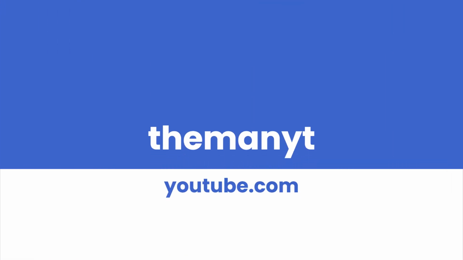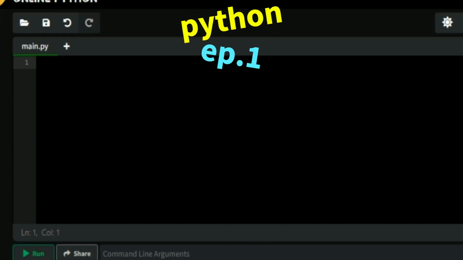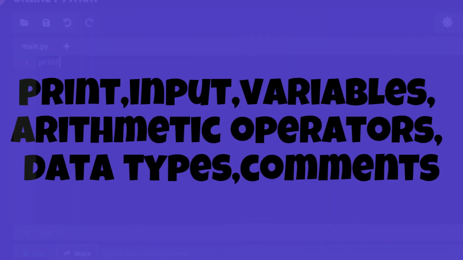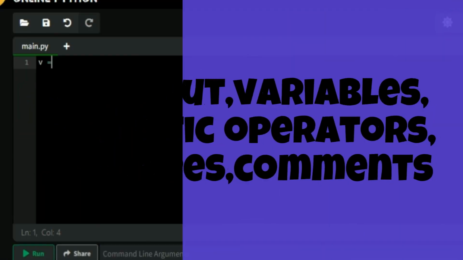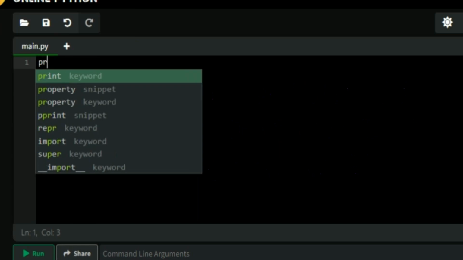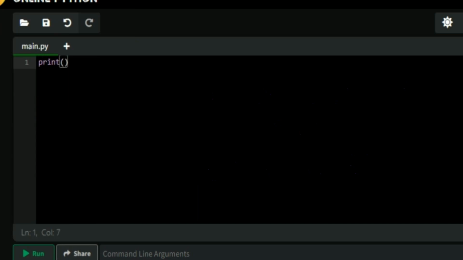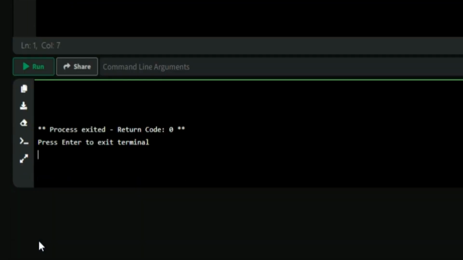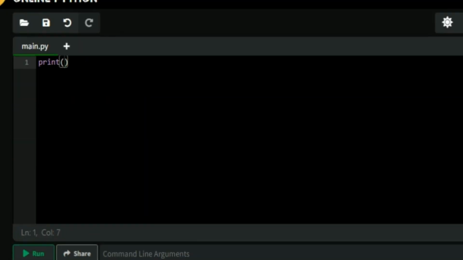Hello everybody, and today we are learning Python. Today we are going to learn the print function and variables. So what is the print function? The print function is used to print something into our terminal over here. So we can print a number like this, print 7,